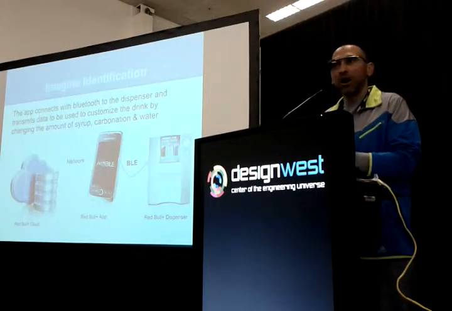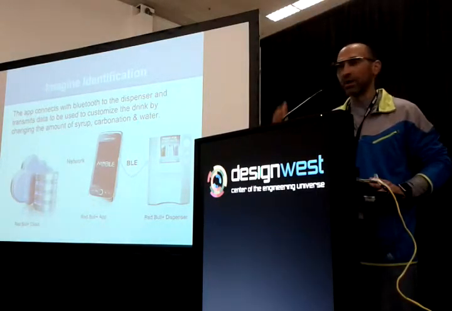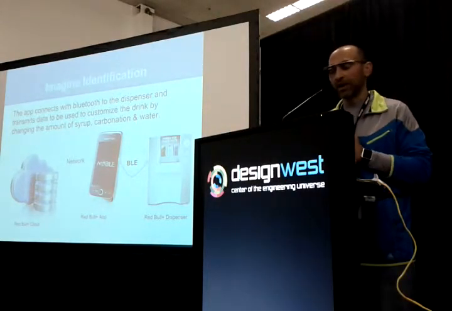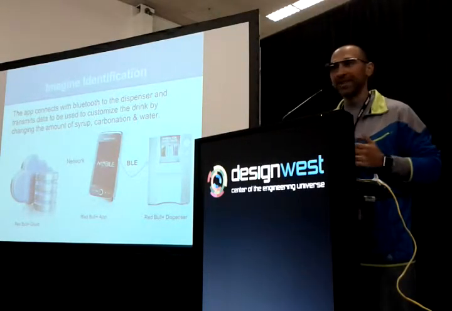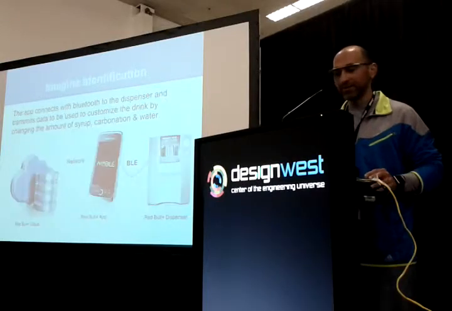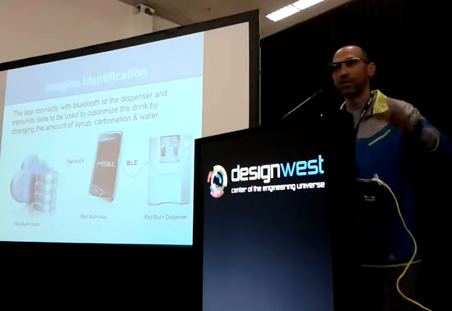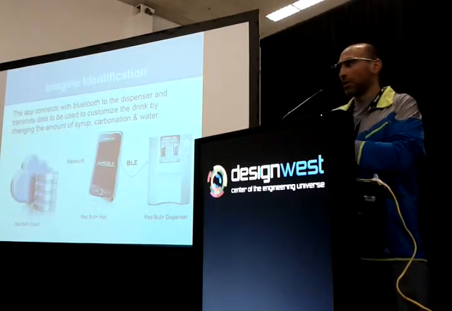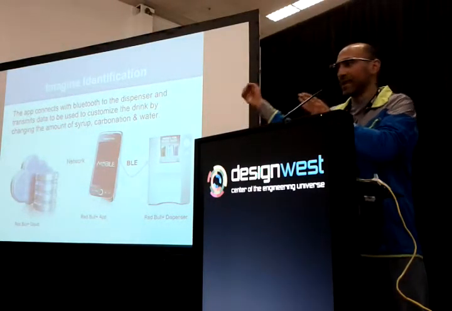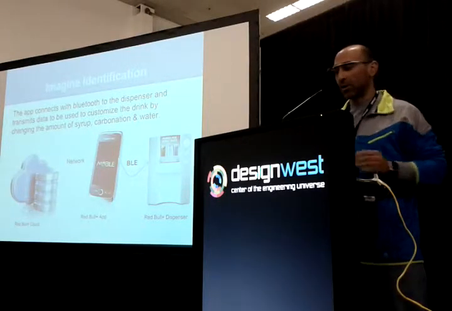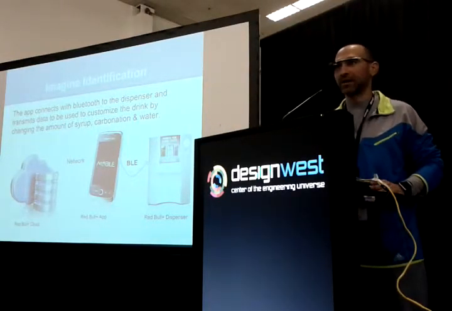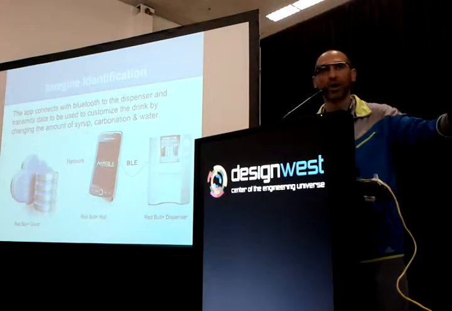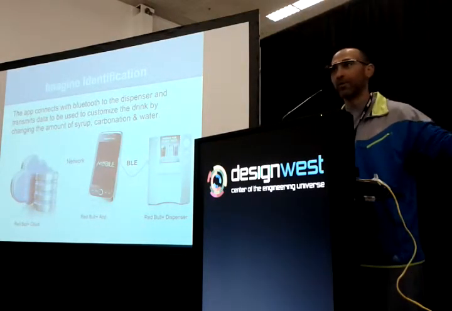And how much does this thing cost? Nothing. There's no internal logic in it. The screen that I'm using to tell me what's going on is on my cell phone. The communication devices are on my cell phone. The GPU, CPU is all on my cell phone. I'm talking to the cloud, right? So either I can be working for Coke and I spend $1 billion making a $1 million dispenser, or I can spend a couple $100 making a cheap dispenser and use my cell phone for the GUI, for the communication, for the processing power, and yes, even knowing what my mood is.